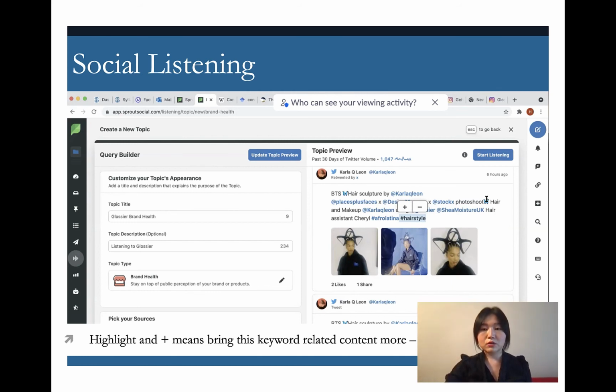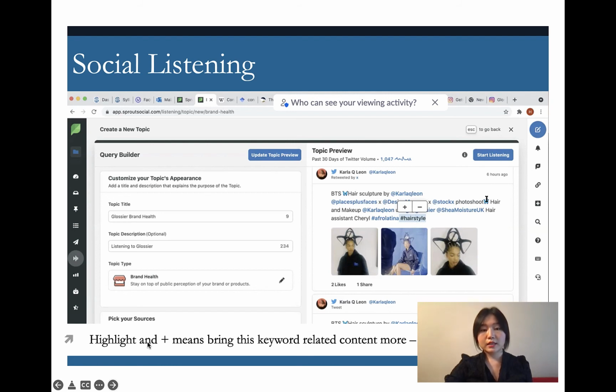So for instance, as soon as I put those keywords, I saw this one, BTS hair sculpture at this person, hashtag hairstyle. So Glossier is not a hair care brand, so I want to remove every message that talks about hair. So when you go to this hashtag under the preview, you will see the plus or minus sign.